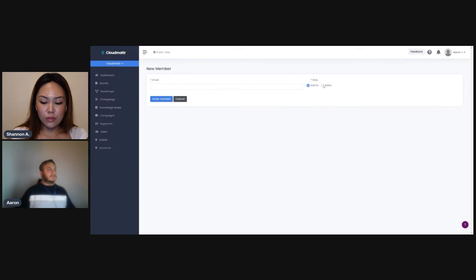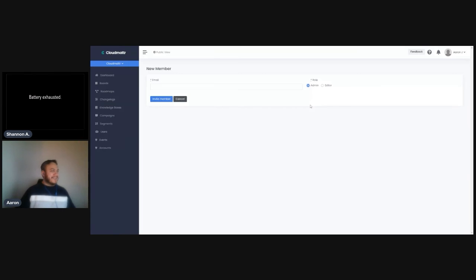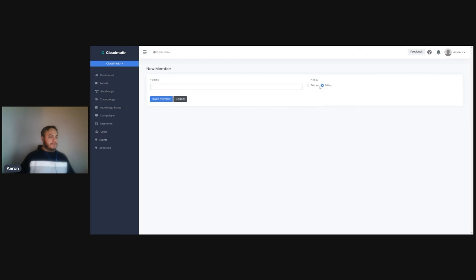The person that actually creates the workspace gets the special role of owner, which no one can remove, and you can't give that role to someone unless they created the workspace and own it. That way, admins can remove admins, but admins can never remove an owner. That's to make sure that someone doesn't invite someone and then get removed. And editors are just people that are